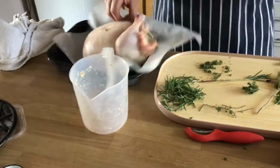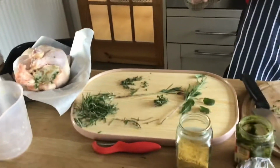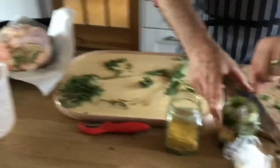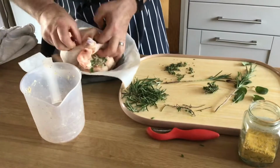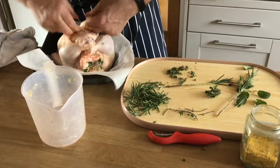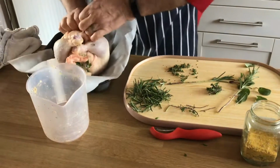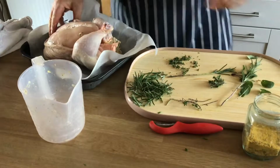So to flavour it now, I'm going to use some of this pesto. So I'm going to get a clean spoon out. This is the pesto which I made myself. Loads of it here. I'm going to put some of this under the skin. I've used some of it over the last few days. Well, once it's out of the freezer, I'll try and use it within a week, though it'll probably last longer than that. So I'm going to put it on there,